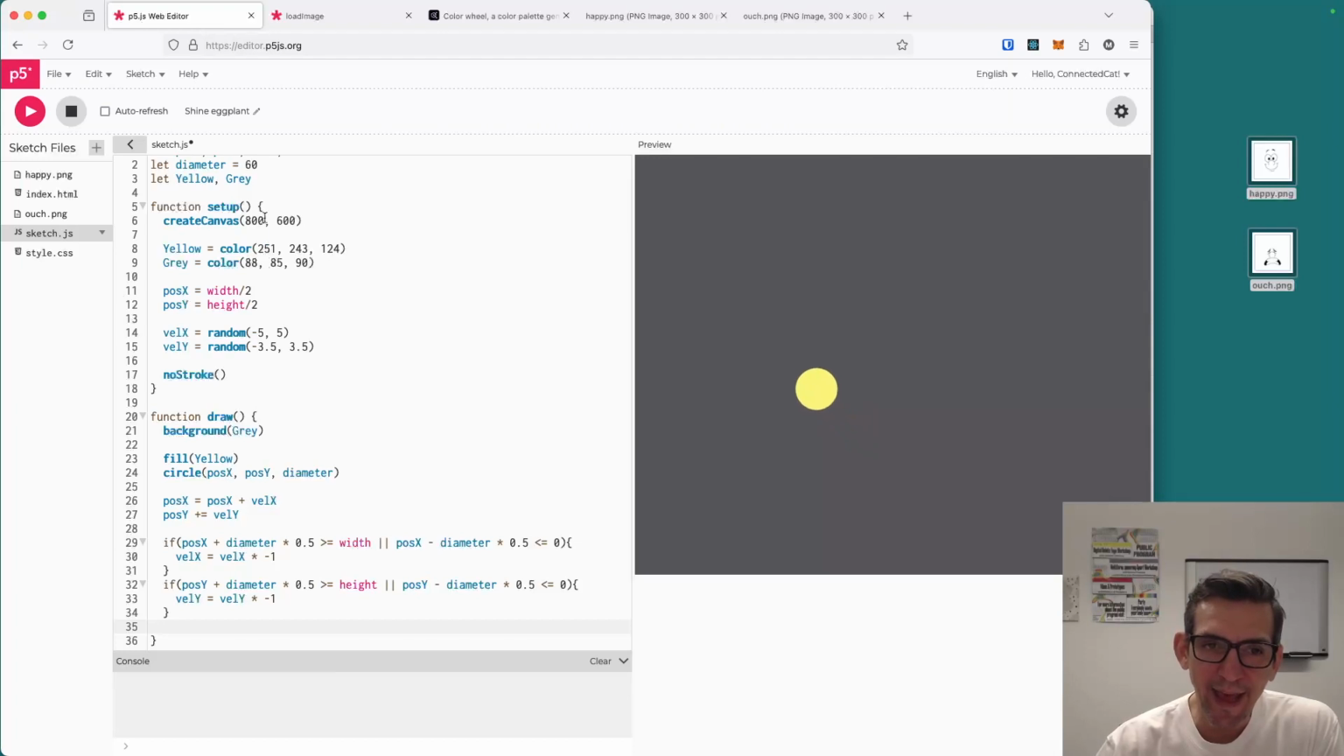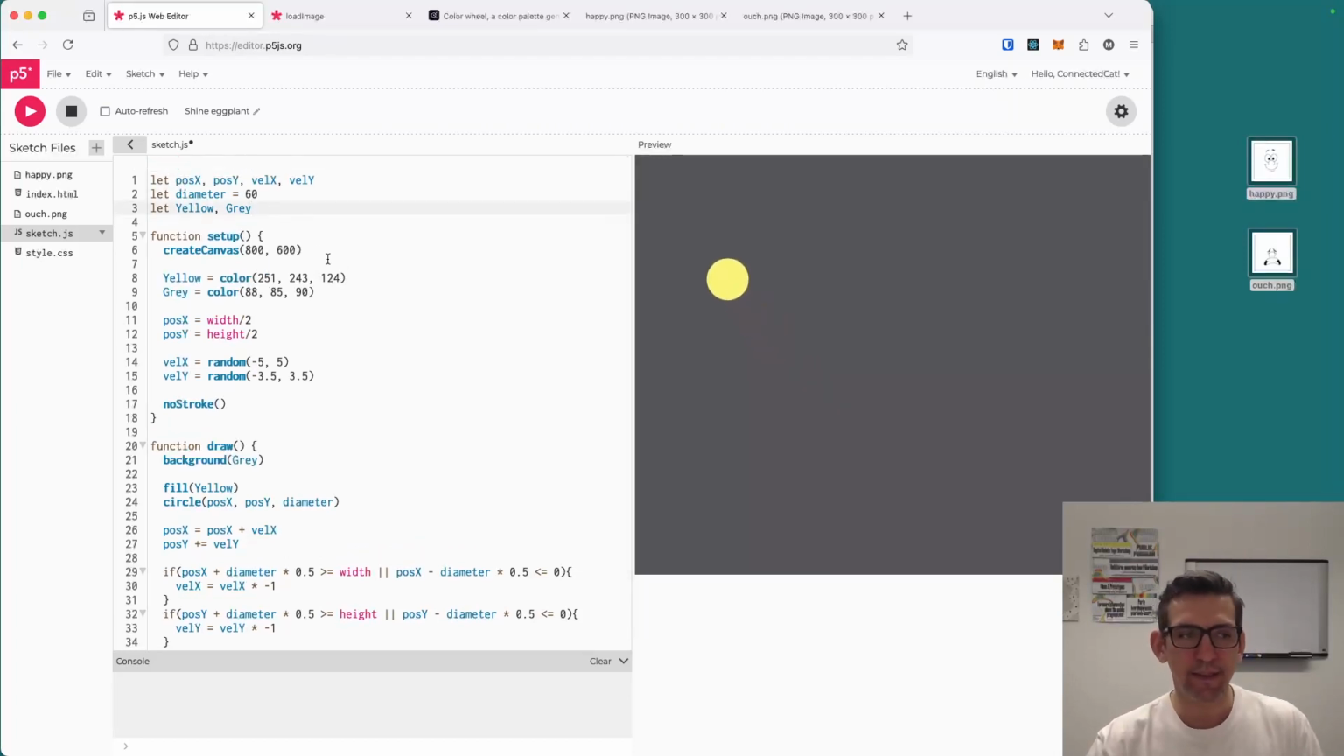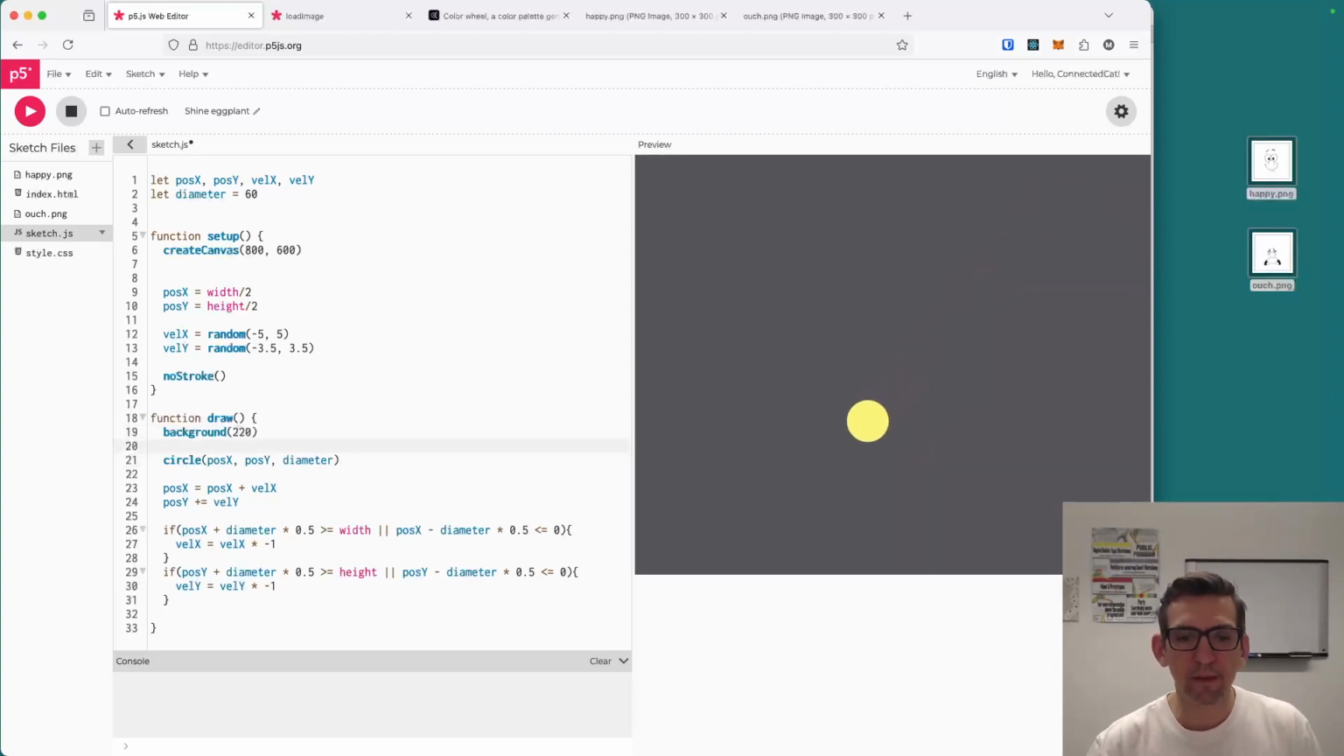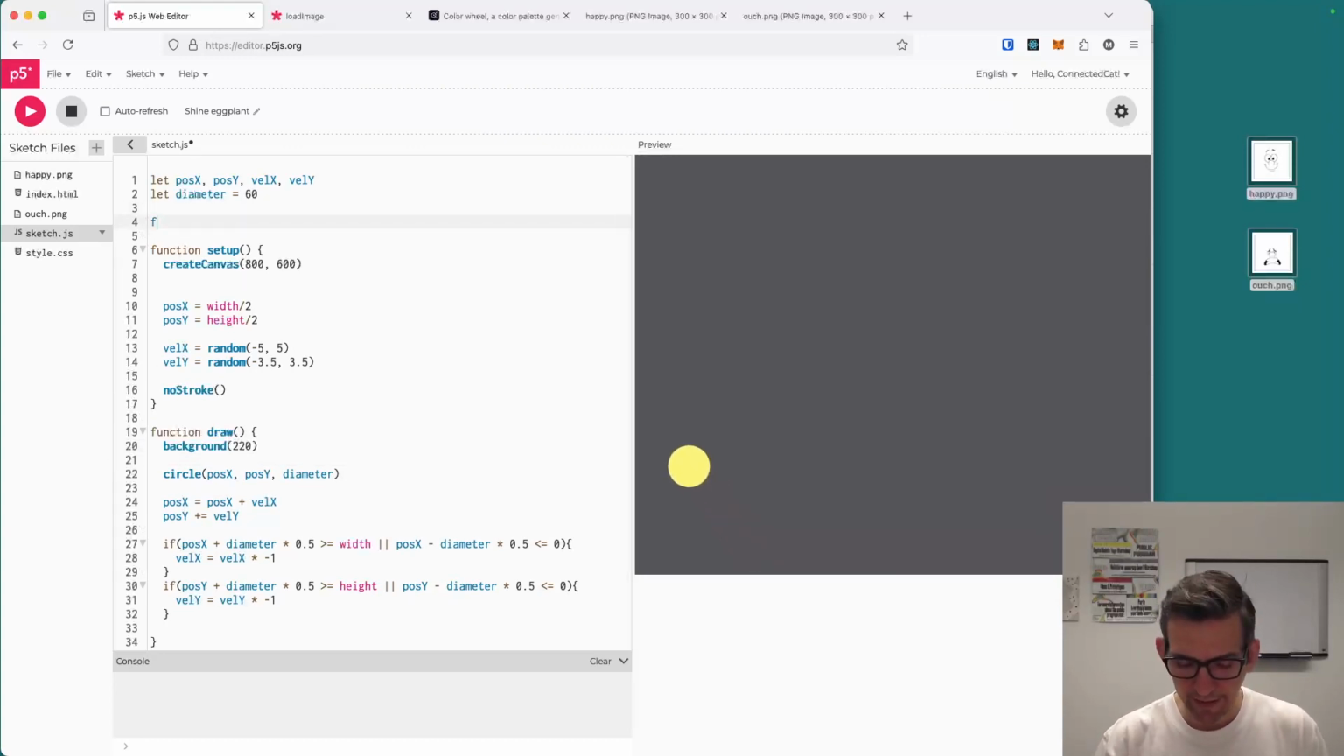So let's add the preload function right here, right? And we're not going to be using our colors, gray and yellow. They can go away, and we can remove those declarations from the setup, and our background will be something like 220, right? Something generally neutral, and I'm going to even remove the fill. So we remove the color. Let's add the preload function, preload,